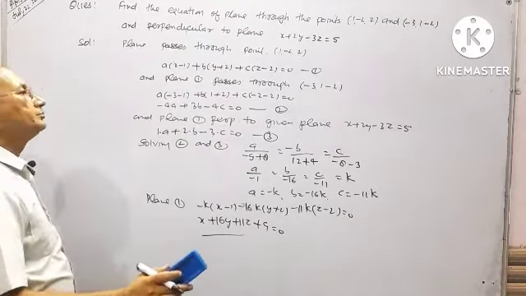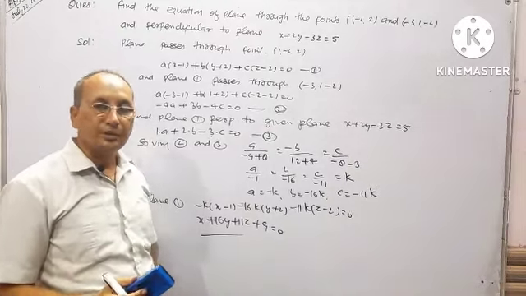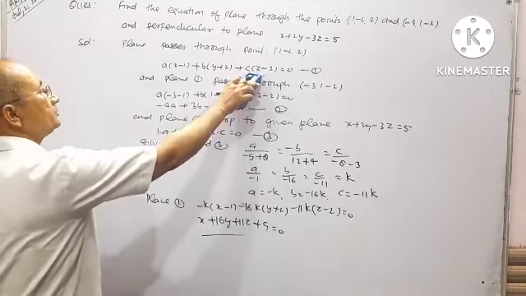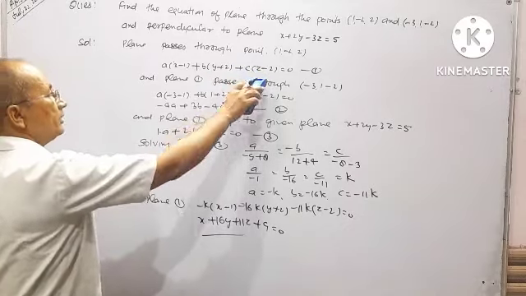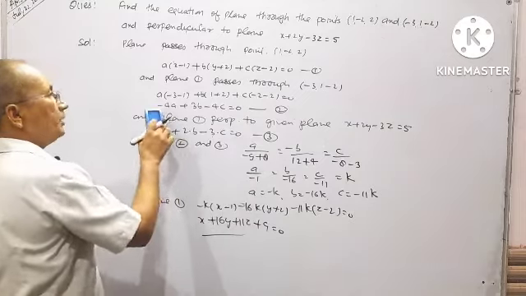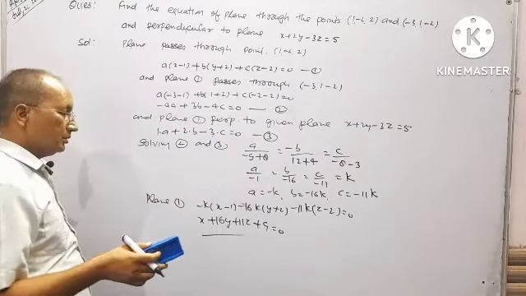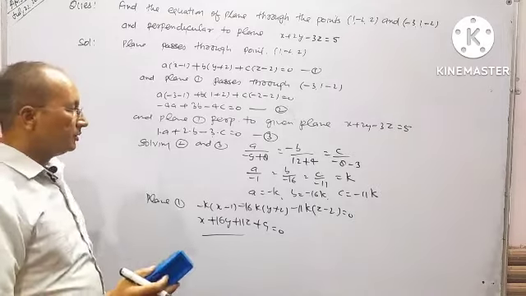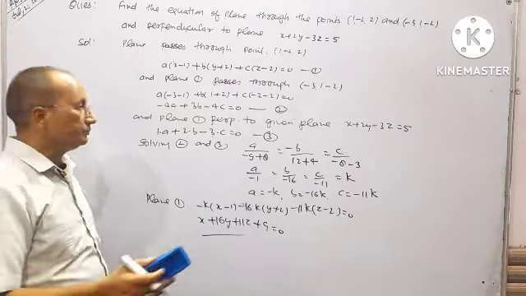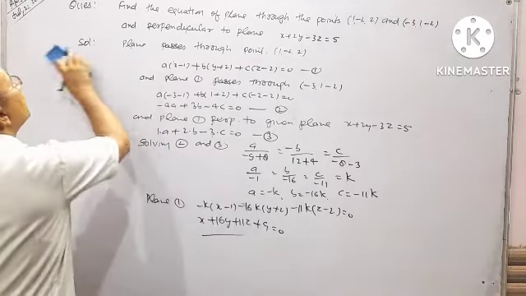We found the equation of the plane through the given points and perpendicular to the given plane. The plane passes through the points (1, -2, 2) and also through (-3, 1, -2), and plane (1) is perpendicular to the given plane. Solving (2) and (3), the direction ratios a, b, c are -1, -16, -11. Putting in plane (1), we get the required solution. Next question.